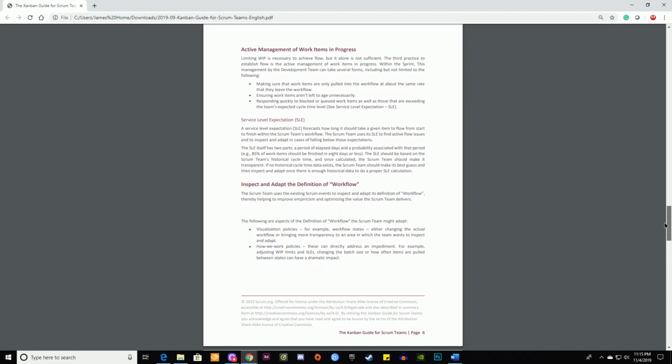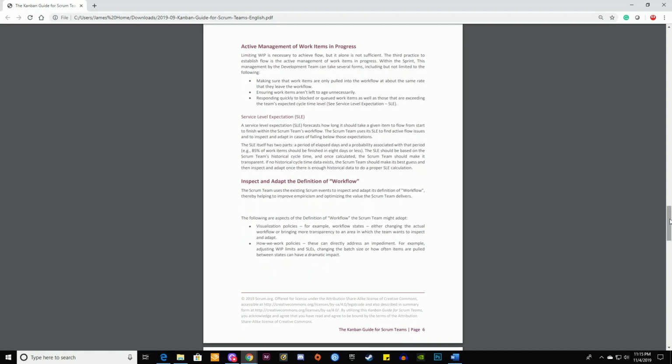Active management of work items in progress. Limiting WIP is necessary to achieve flow, but it alone is not sufficient. The third practice to establish flow is the active management of work items in progress. Within the sprint, this management by the development team can take several forms, including but not limited to the following: